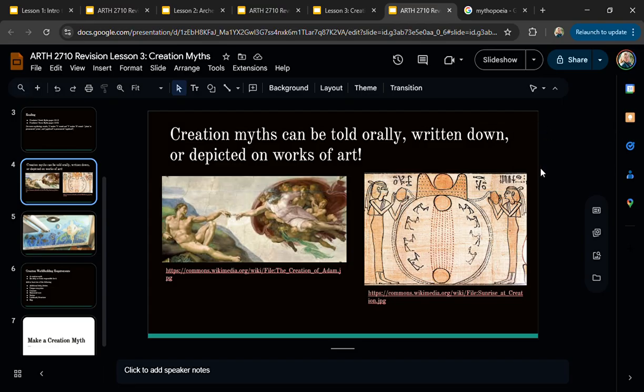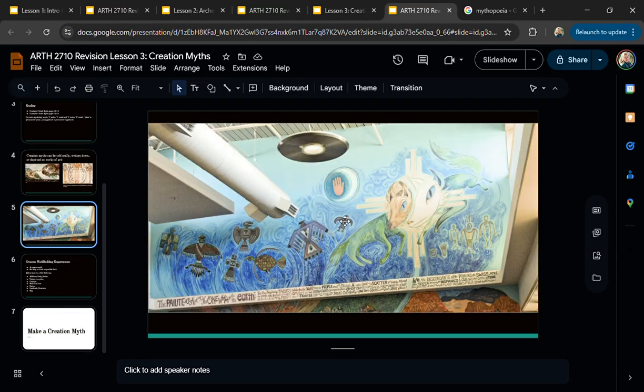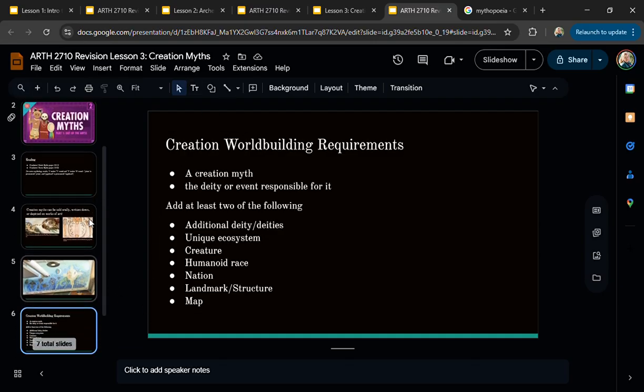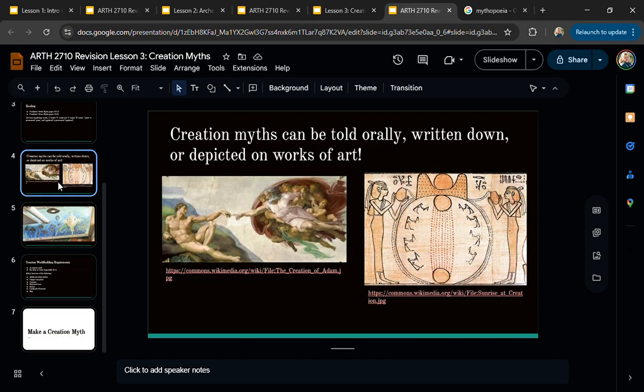And then this other one is supposedly a sunrise at creation, the first sunrise where the gods made the world. And so we're seeing some really cool common themes. Again, I have this picture and then the same requirement. So this one probably had the least amount of changes, but I really like that I was able to add